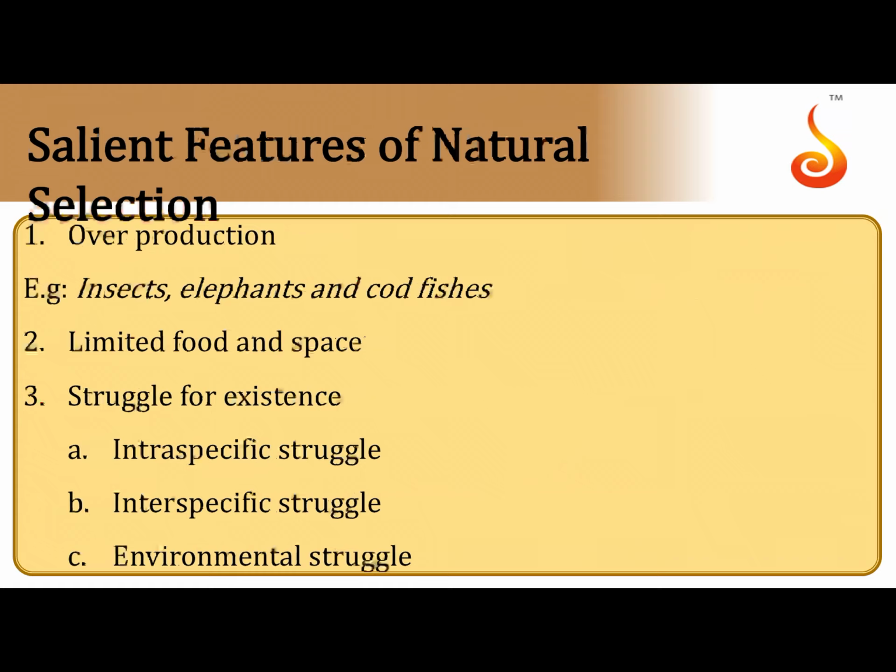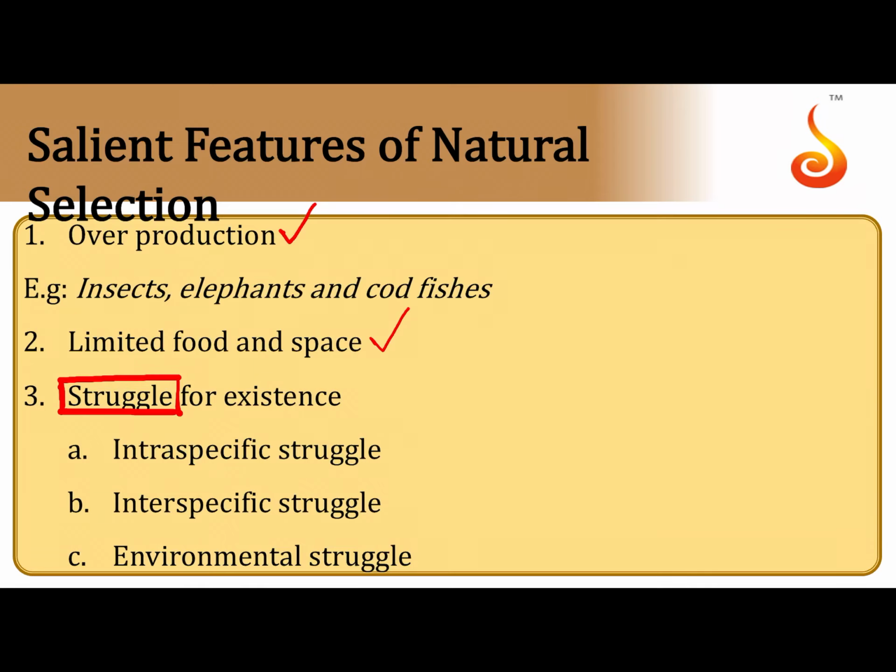What are some of the features of Darwin's theory of natural selection? He said that any organism, if given the ideal set of conditions, can produce the maximum number of offspring, and that is what is referred to as overproduction. Although such high numbers are not attained. Why are such high numbers not attained? Because natural resources are limited. There's limitation in food and space, and obviously when there is limitation in food and space, what is going to happen? We are going to start fighting with each other.